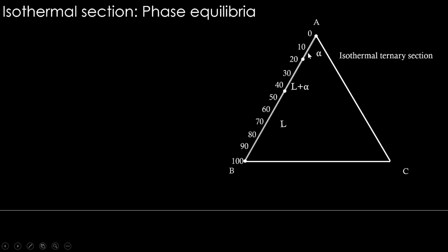Right? Similarly, this alpha region, which is in the binary side, can be extended into the ternary side as C is added. And in fact, this liquid plus alpha also may remain as liquid plus alpha when C is added. Some of the amount of C that we add can go to this liquid, and some of it can go to this alpha, and this liquid plus alpha can remain. So I'm just saying a diagram like this is quite possible, that this region with the ABC combinations is going to be liquid, this region is going to be solid, and this region is going to be liquid plus solid. Quite possible, right?